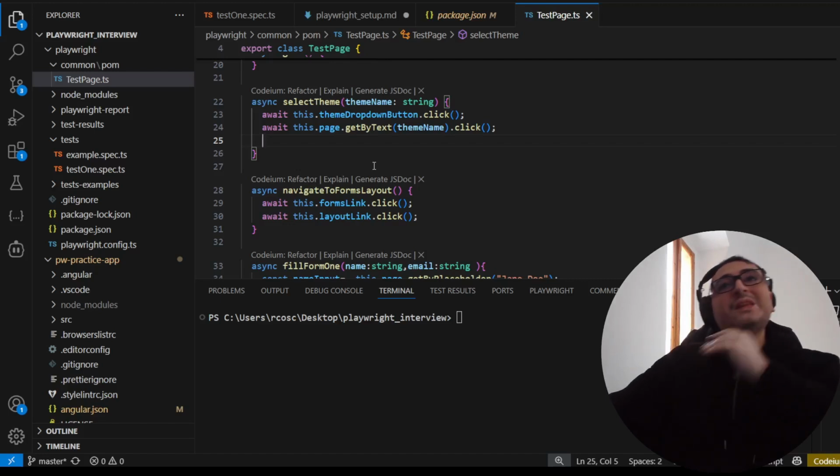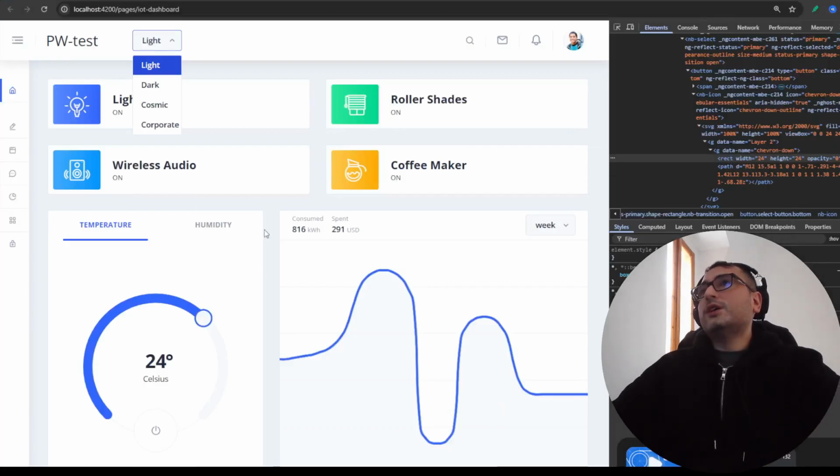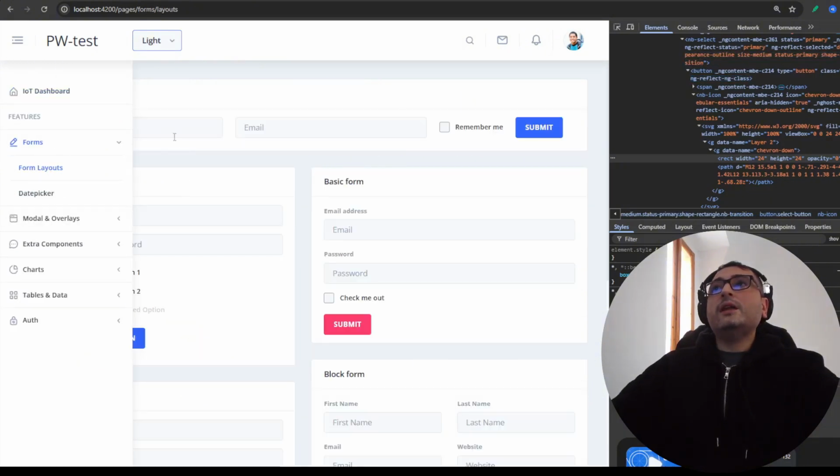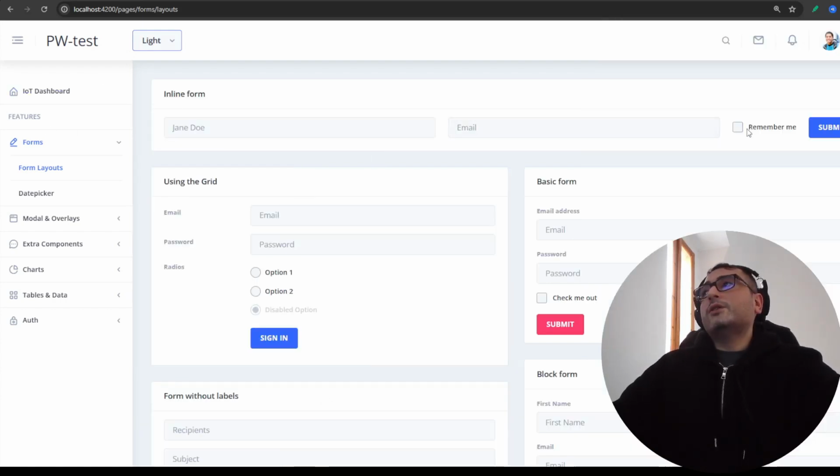What we'll do now is to continue what we did. So let's check what we did last time: we clicked this element and made the graphic dark. Then we clicked here, we went to the form, and we selected this placeholder. We clicked remind me, and we clicked on submit. That's what we did. But we can do the same thing, selecting the email, password, selecting a radio option, basic forms,